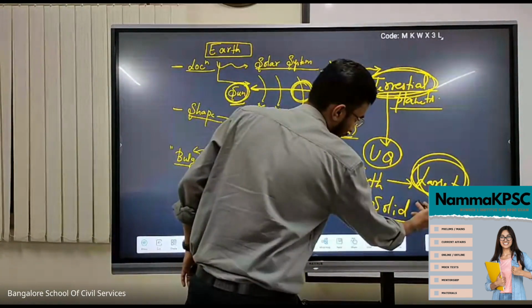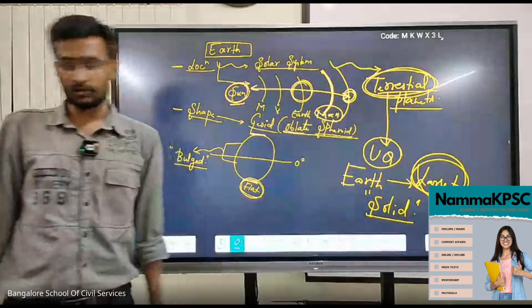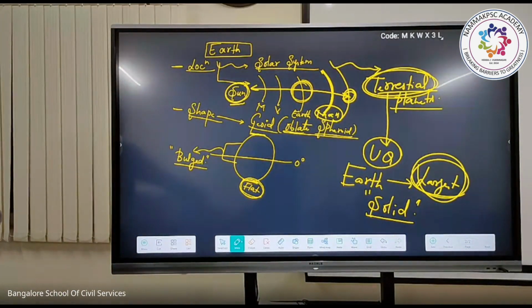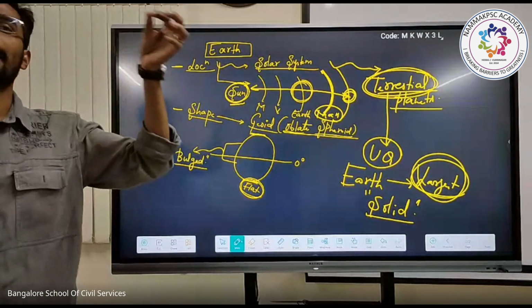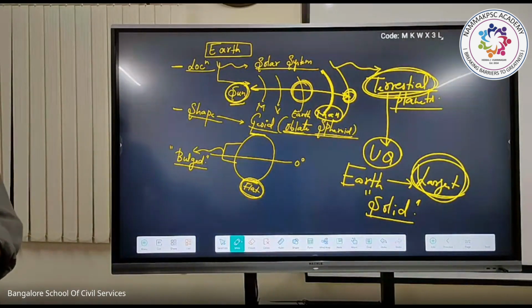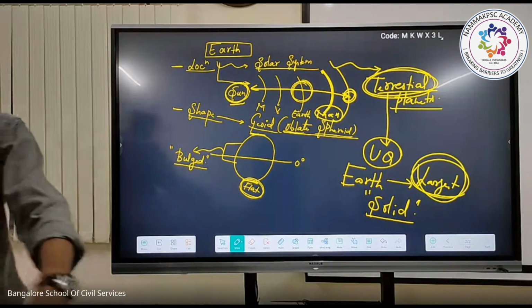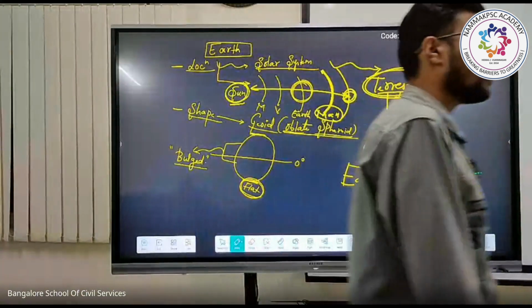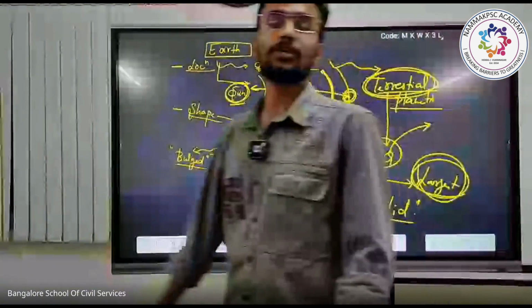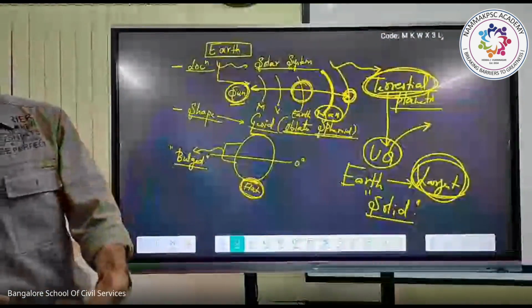Earth is made up of solid materials. It is the densest planet in the solar system. Sir, it has one uniqueness. So, is it only this? Exactly. Earth is also called as